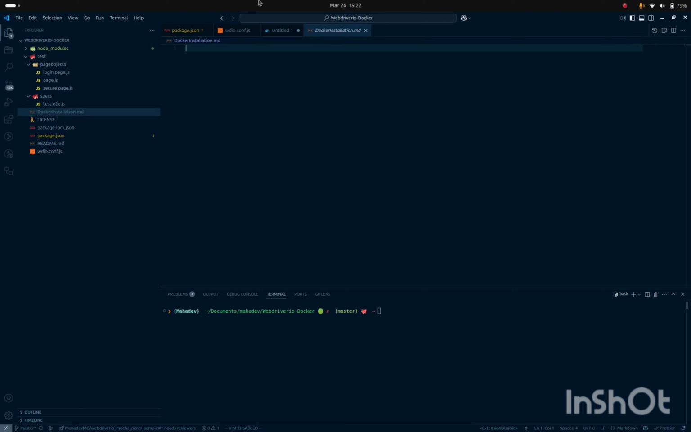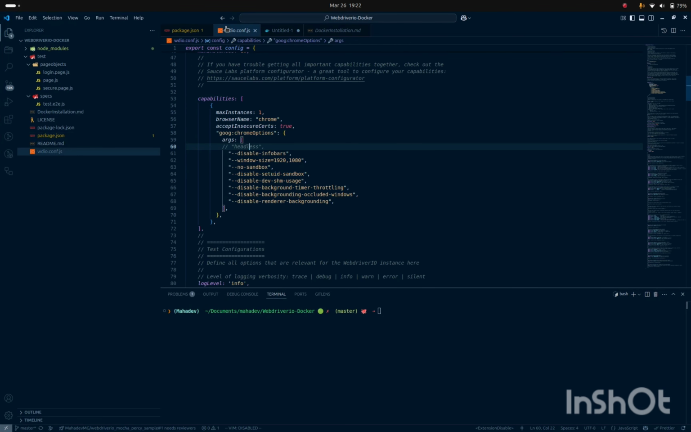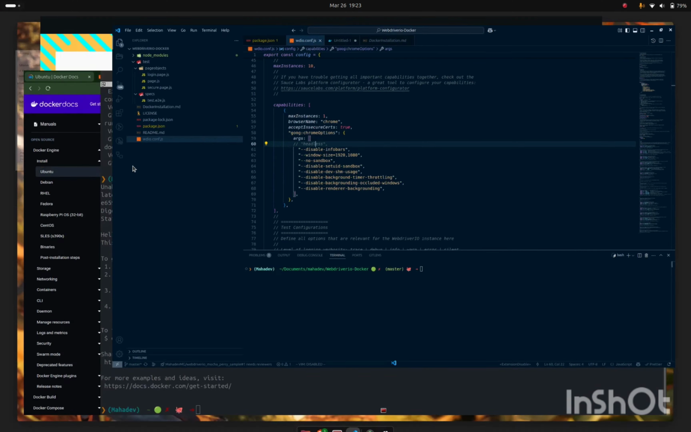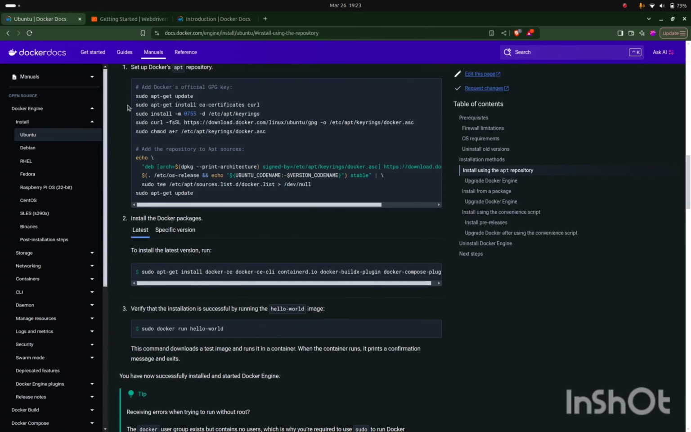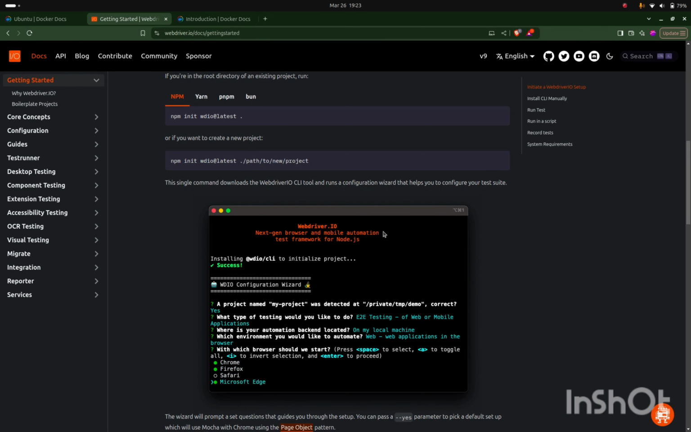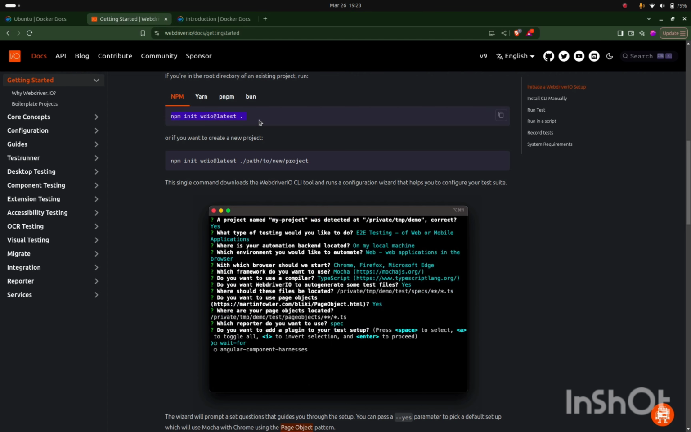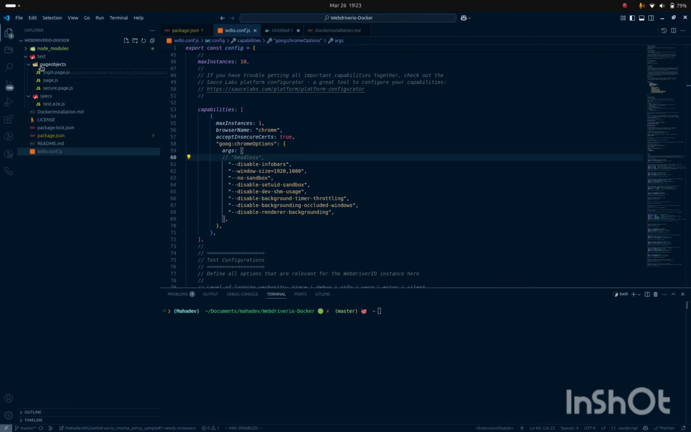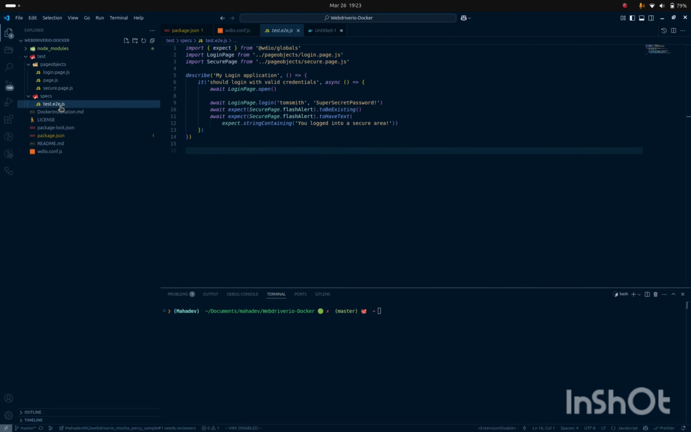Next, I have a boilerplate project. This is the boilerplate project created from the WebdriverIO website. I just copy pasted the command and ran npm install. It's the boilerplate project provided by WebdriverIO, and it has one login related test. So when I run this,